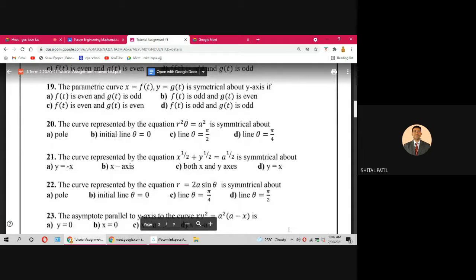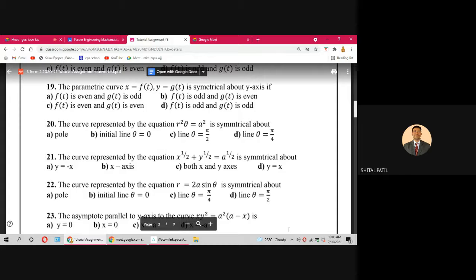Question number 20. The curve represented by r square theta equal to a square is symmetric about. Now we want to check the symmetry of the polar curve. What we studied in polar curve, when theta is replaced by minus theta, the curve remains unchanged. Is it so for this curve? No, sir. Theta by minus theta, there is change. Okay. If you replace r by minus r, yes, there is no change. R square is there. Therefore, the curve is symmetric about the...